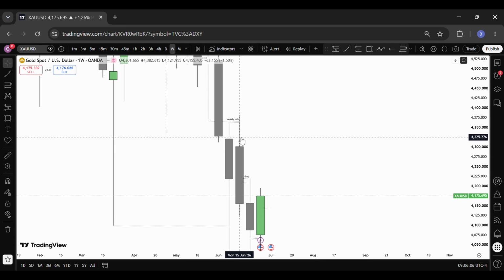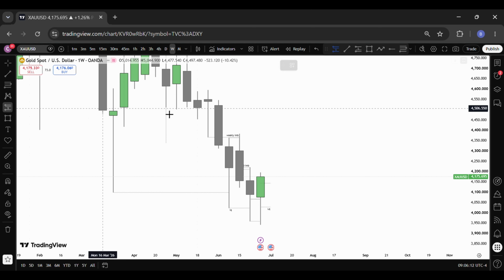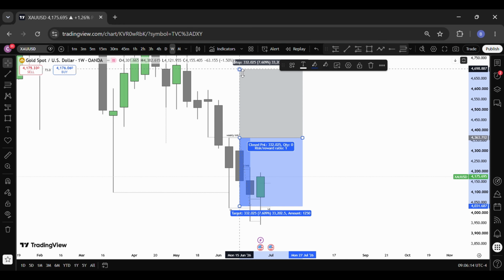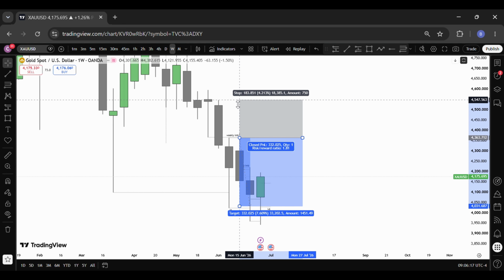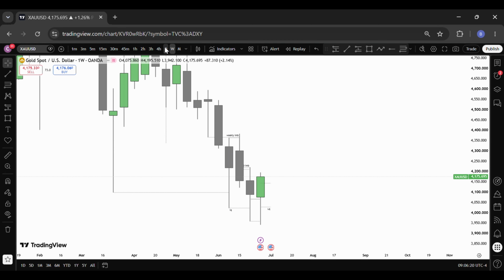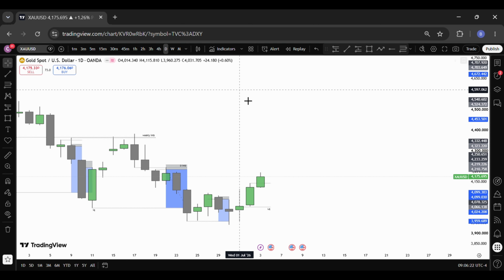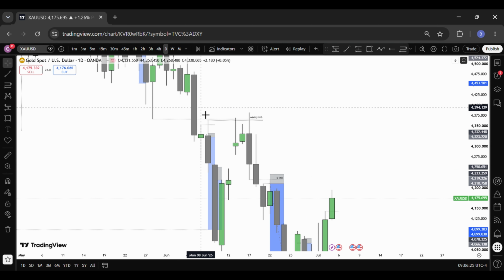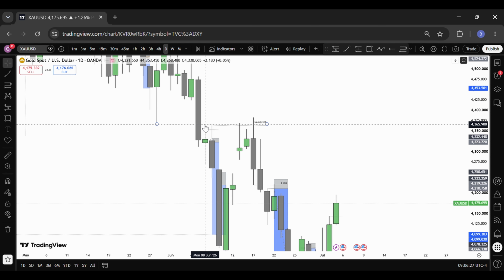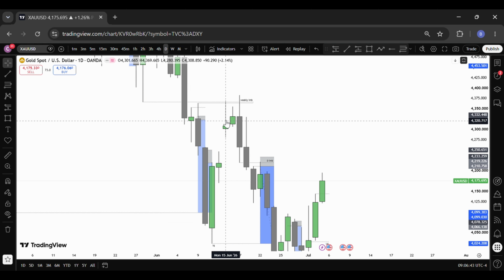So how was I able to trade such a move? Obviously I cannot trade from this particular level and put my stop loss here. I would not even have a decent risk to reward. So how was I able to trade it? I scaled to the daily time frame now. On the daily time frame, you can clearly see there is a gap here which price has already rebalanced. We've rebalanced it twice before